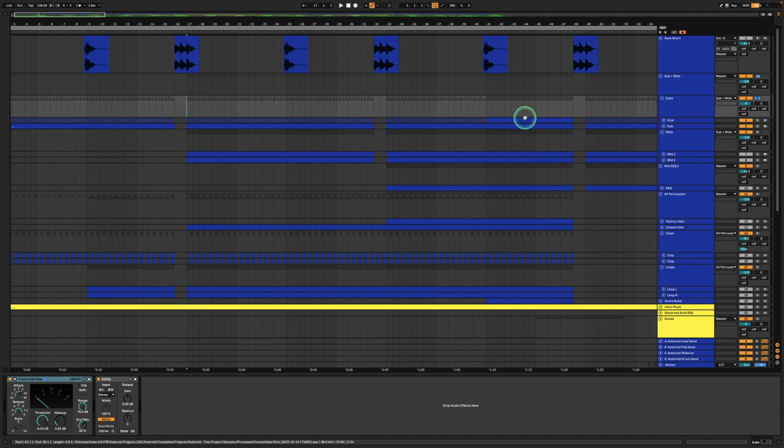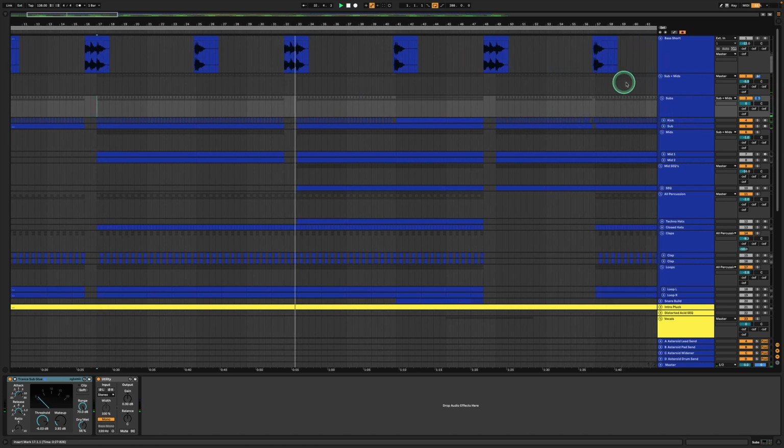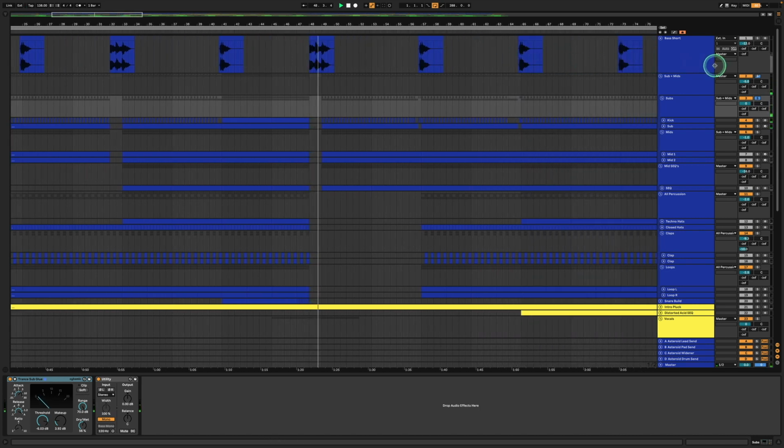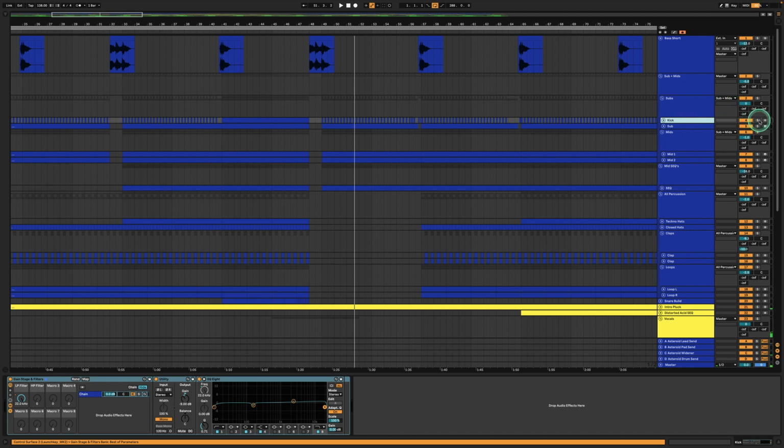So the kick and the sub relationship sounds like this. This is it filtered obviously for the build up, and then so that's the full kick and sub relationship. Now looking at the kick,